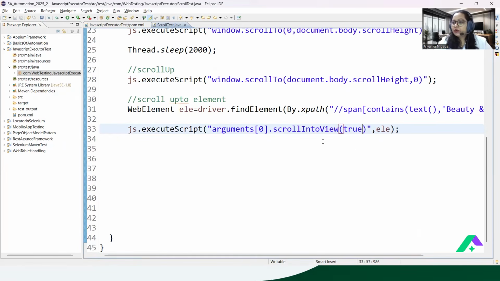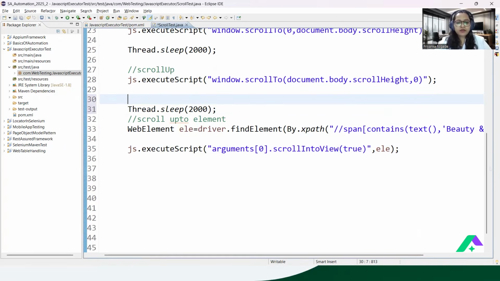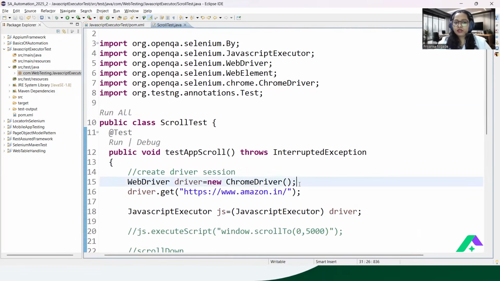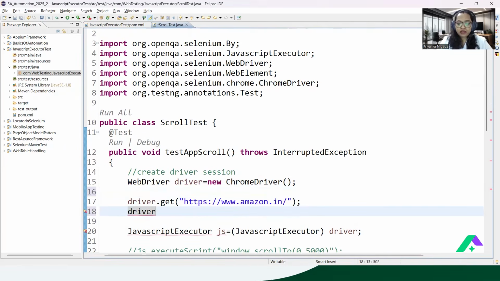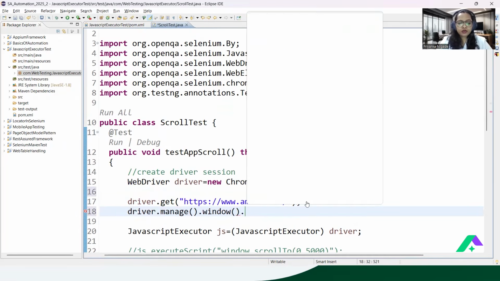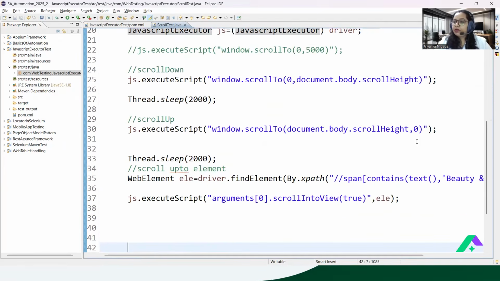Once you write this, what will happen? You are able to scroll up to that element. Clear? So let's see how exactly it is working. And again, before scroll, I would like to apply a thread sleep. Now see, at this moment, there is a possibility that this element is not interactive, right? In that case, you will not be able to scroll. So before observing that exception, let me maximize the screen. Once the application opens, I will just maximize the window. So we can write driver.manage().window().maximize(). Great. And now you can see the whole scenario where you are able to scroll the web page.